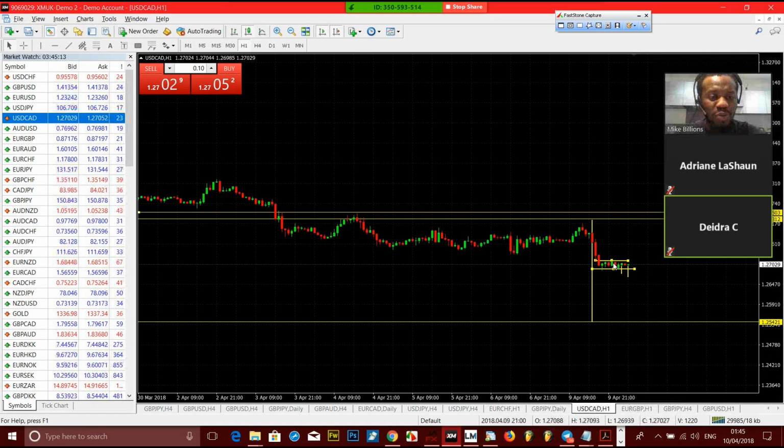So if I was to jump in on this trade, I would jump in at this point, then put my stop loss there and write it down. If I want to do it the proper way, I wait for it to break out and close below, then I enter on this move, then I write it down.